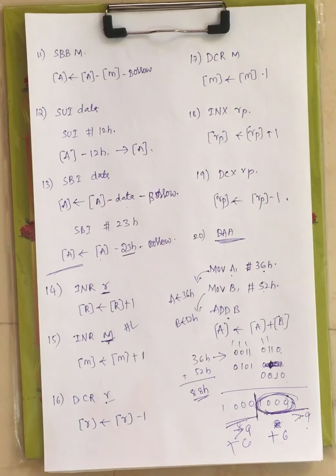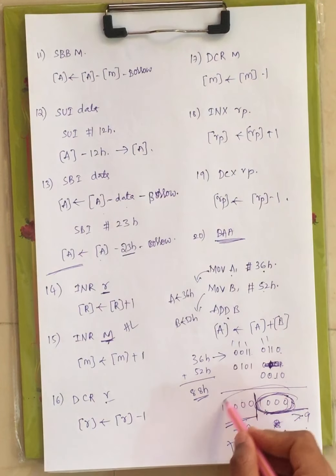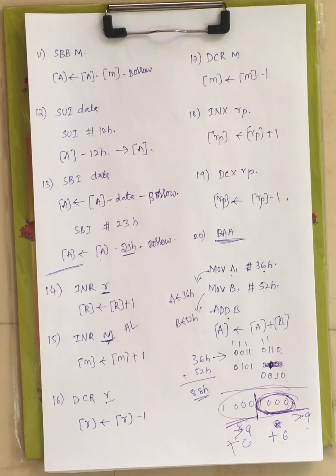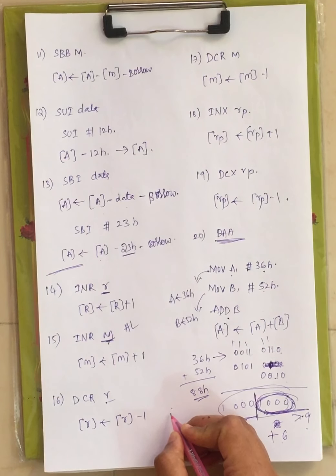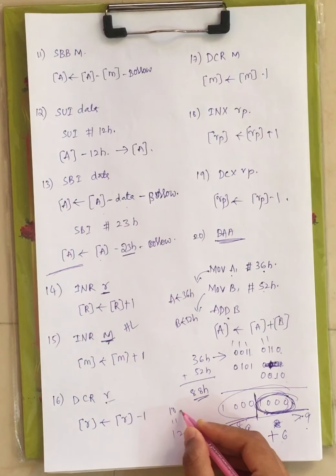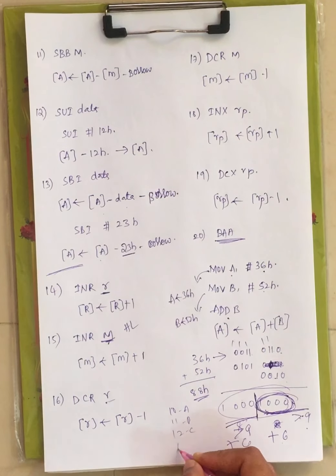It is just adjusting the result of addition operation and subtraction operation, right? Because we have to represent in hexadecimal, from 10, 11, 12 we will represent it as A, B, C, D, 14 is E and 15 is F, right? Under number system you will know this, and you are adjusting decimal value, right? When the lower order is greater than 9, you have to add 6. When the higher order is greater than 9, there you have to add 6, right? And the final result is stored in the accumulator itself, right?